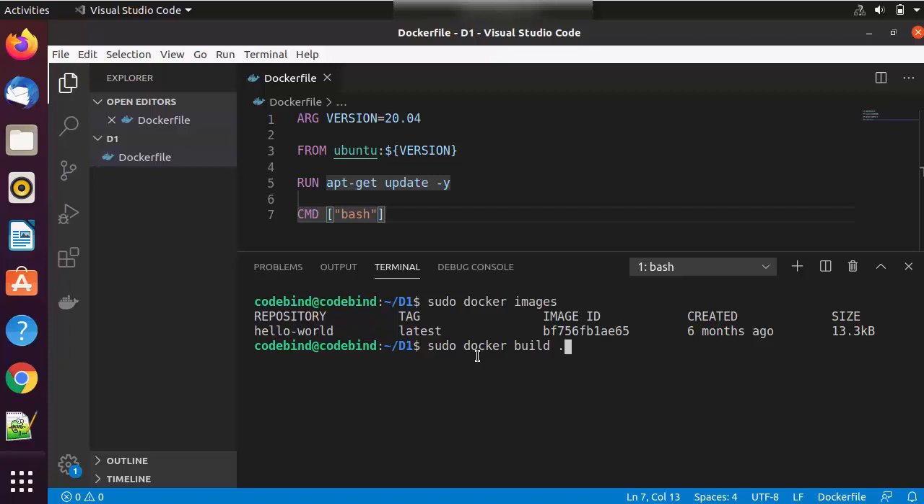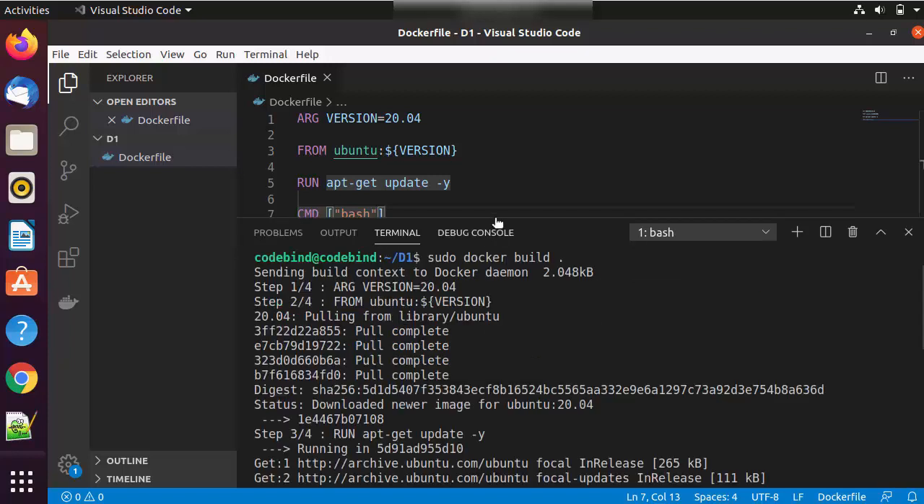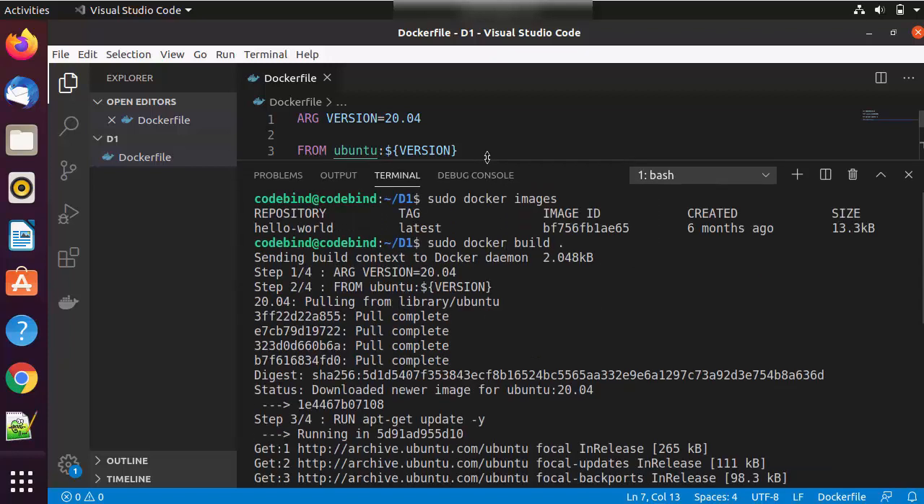And by default, the Dockerfile is assumed to be located in this directory. But you can also specify the directory path using a flag called -f that we will see a little bit later. But just give this command for now, which is sudo docker build space dot. So now you can see that when we run this docker build command,